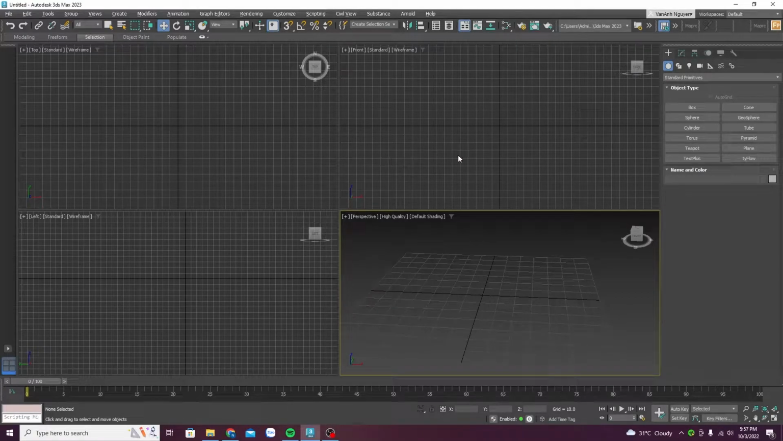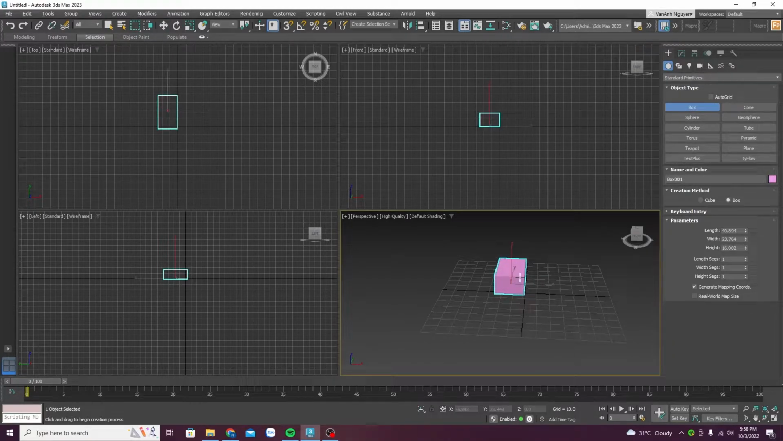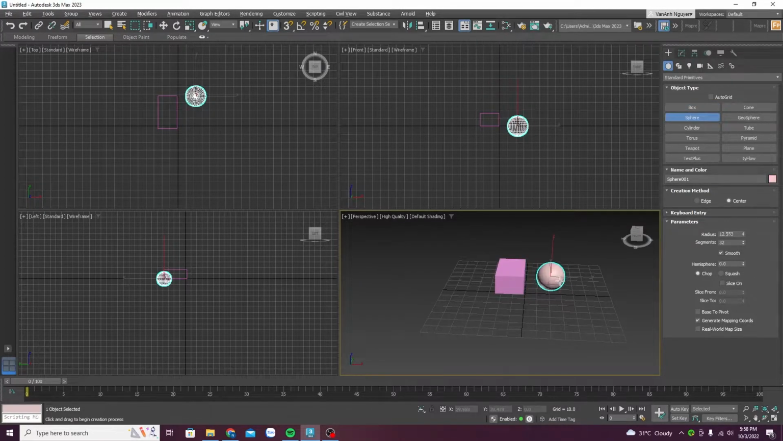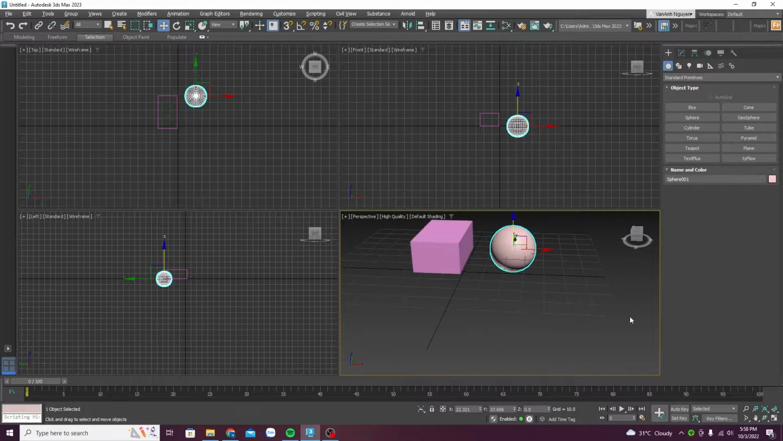So in this video, I will talk in more detail about the viewports, because I think it's really important for you to understand the viewport clearly, because it's going to be much more convenient once you get used to it. So first, I'm just going to create a box and maybe a sphere. And then for the viewport,